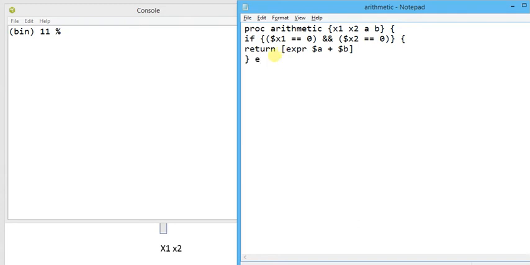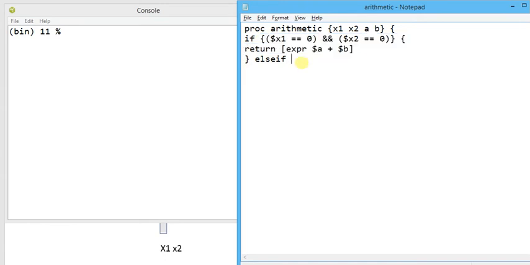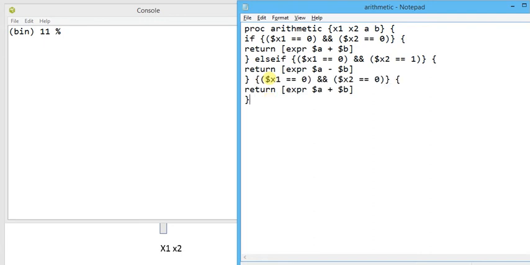Now the second statement is elseif, there is no space between them. I can copy it, which will save us time. This part is going to repeat three times. We write x1 equal to 0, x2 equal to 1, and provide the subtraction operator. Again elseif x1 equal to 1, x2 equal to 0, it returns the multiplication result.